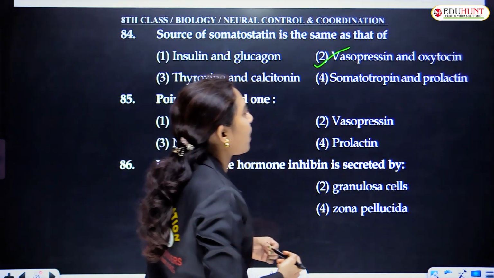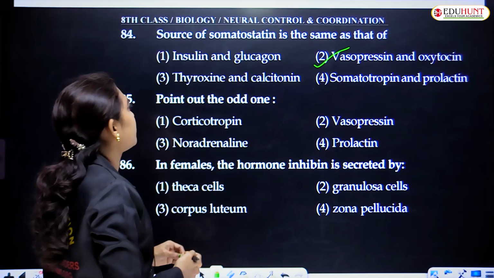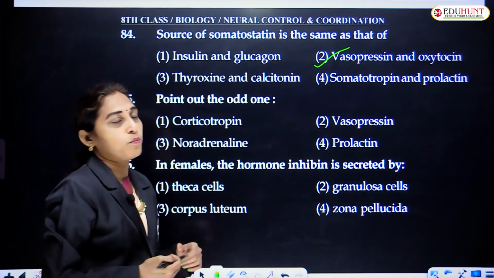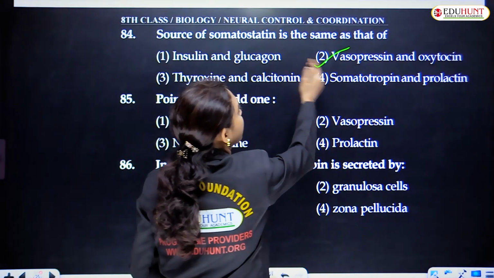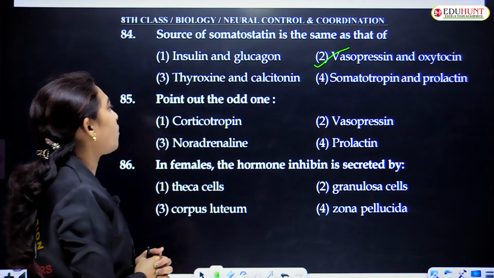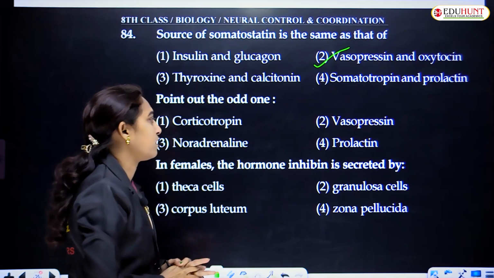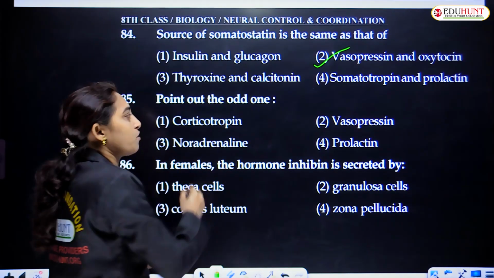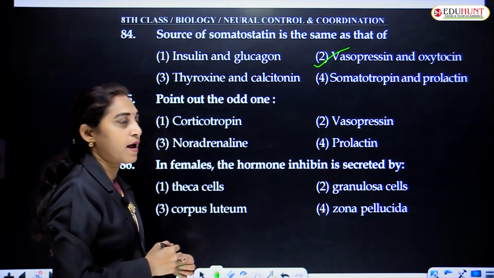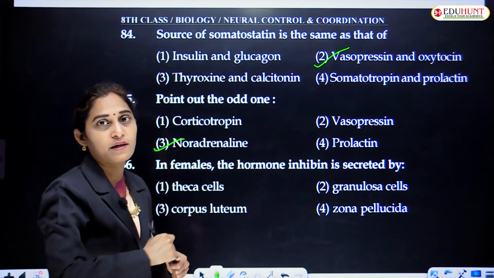Somatotropin and prolactin are secreted by the anterior part of the pituitary gland, so the anterior lobe. Both these are similar in nature. Point out the odd one out: corticotropin, vasopressin, noradrenaline, prolactin. Corticotropin, vasopressin and prolactin are released by the pituitary gland, whereas noradrenaline is released by the